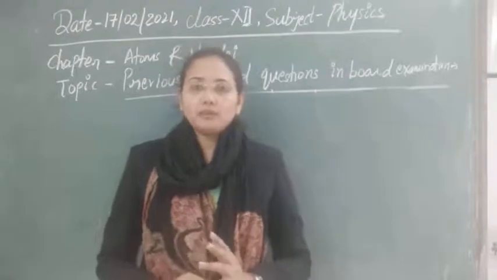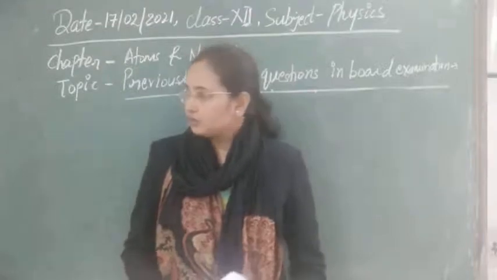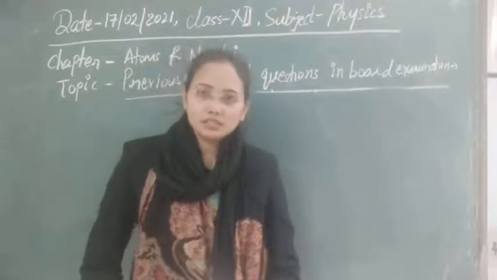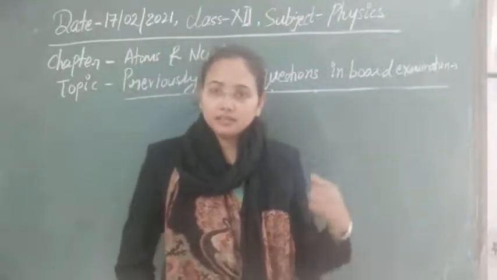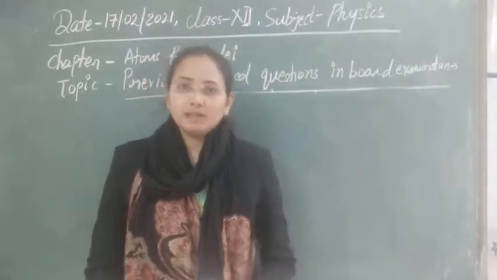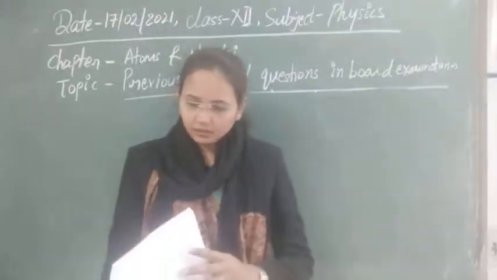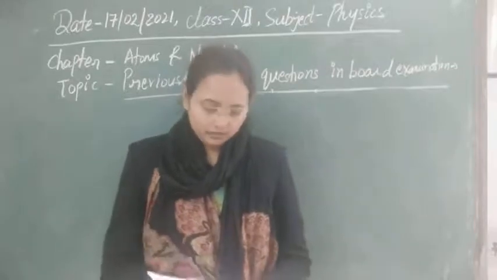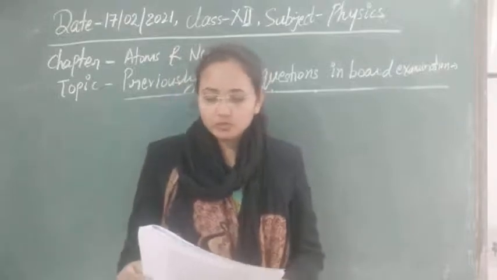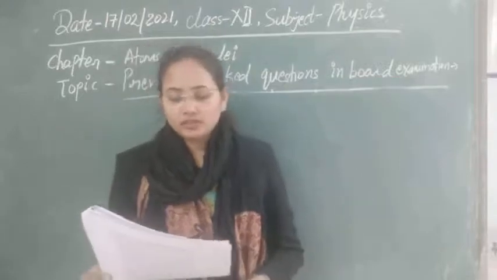Let's see one more numerical problem that is asked in the examination paper, and after that we will discuss today the chapter nuclei. And first of all, again we will do the same procedure. We will discuss the theoretical problems like derivative problems and conceptual problems. After that we will discuss the numerical problems based on all those theories. So here the question is from 2014. A 12.5 electron volt electron beam is used to bombard gaseous hydrogen at room temperature. Up to which energy level would the hydrogen atom be excited?